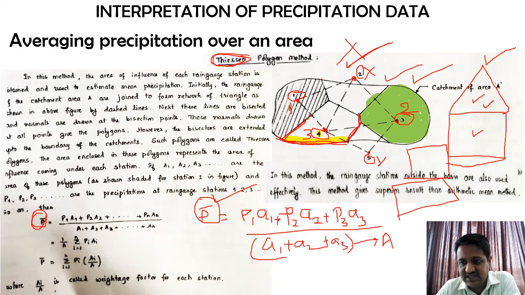But whether it is for practical purposes or for the examination, you need to know how to draw these polygons first, because if you don't draw these polygons accurately, then your entire further calculation will be wrong. That's why the drawing of these polygons is also a very significant point whenever we come to solving the Thiessen polygon method.